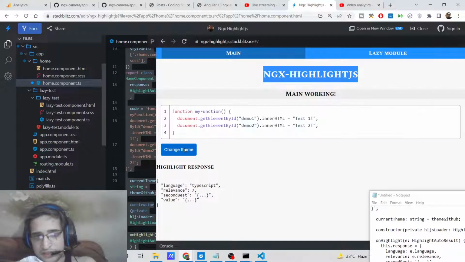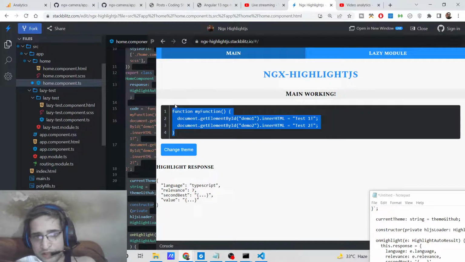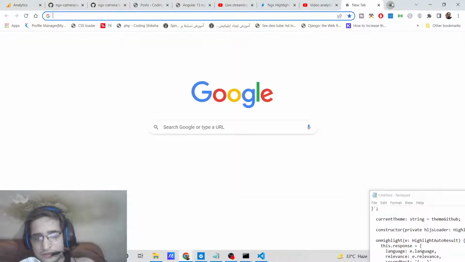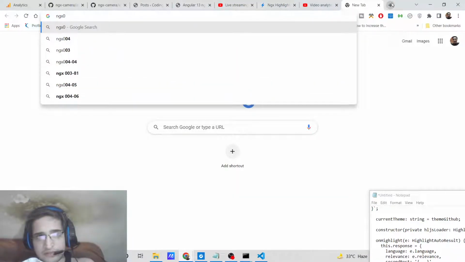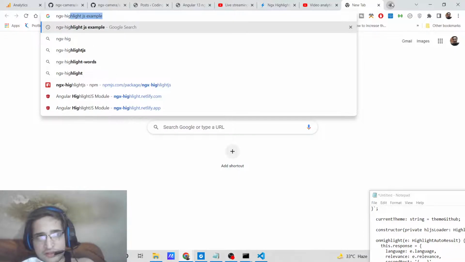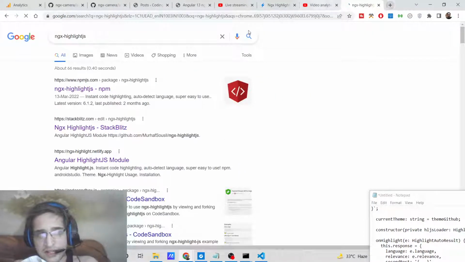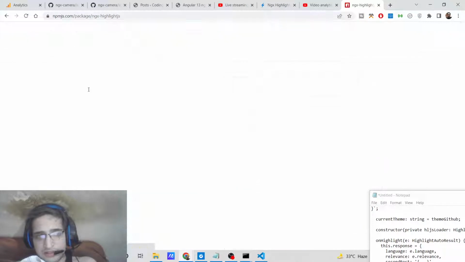There are various themes available: dark theme, light theme. All these themes are available for every programming language. It will auto detect, and accordingly it will add these line numbers also, and also highlight the code. If you just search for this library, which is available for free, an open source library, ngx-highlightjs, basically this is the